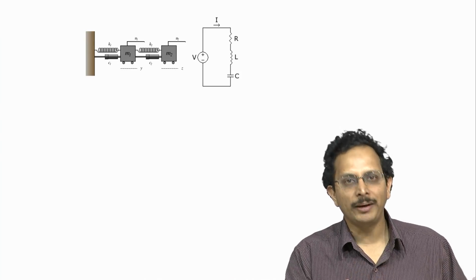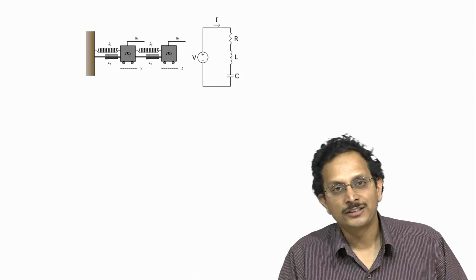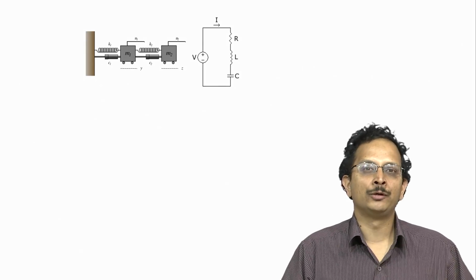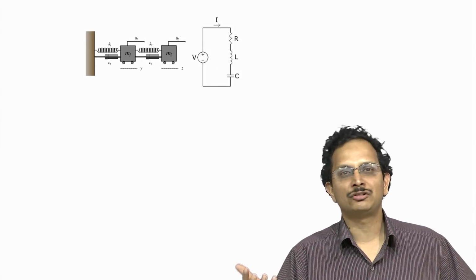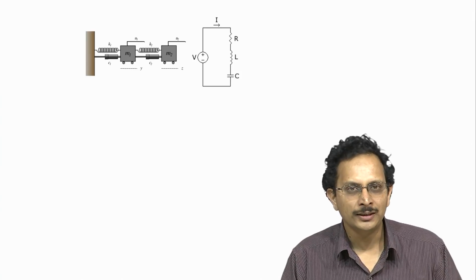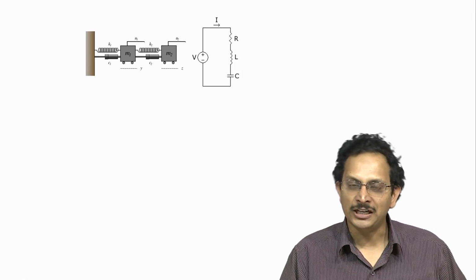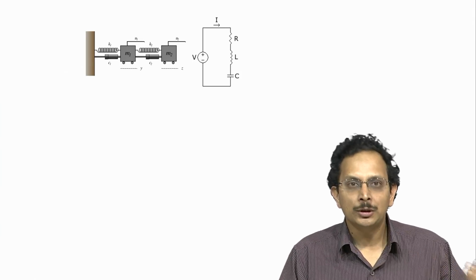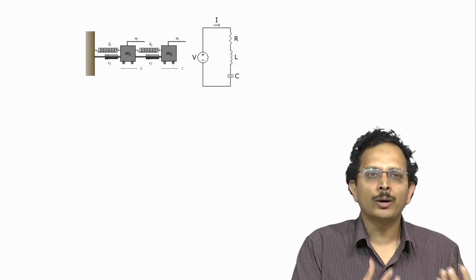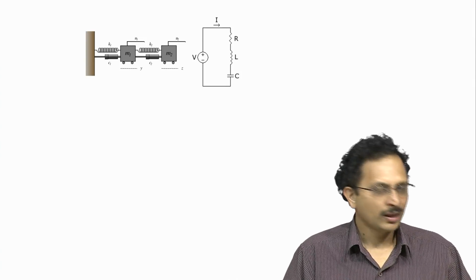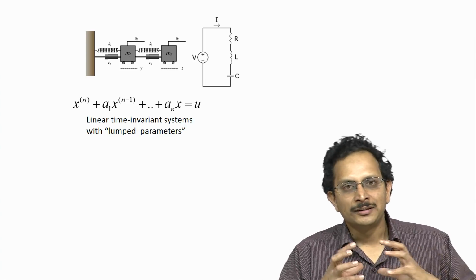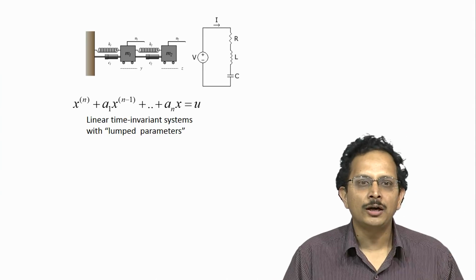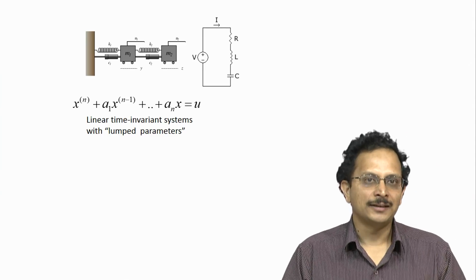So, in the mechanical domain, in addition to the car whose example I just took, this network of springs, dampers and masses can be used to model, for example, civil structures such as bridges and buildings and so on. It can be used to model aircraft wings, entire aircraft itself and so on and so forth. One can come up with good approximate models by stringing together these springs and masses. And such models, where these masses and springs and other elements are lumped at specific locations, are called lumped parameter models,